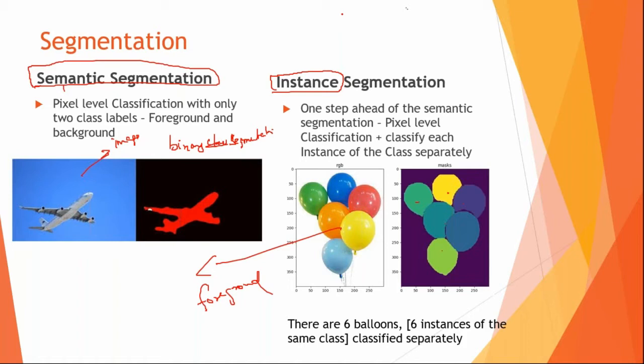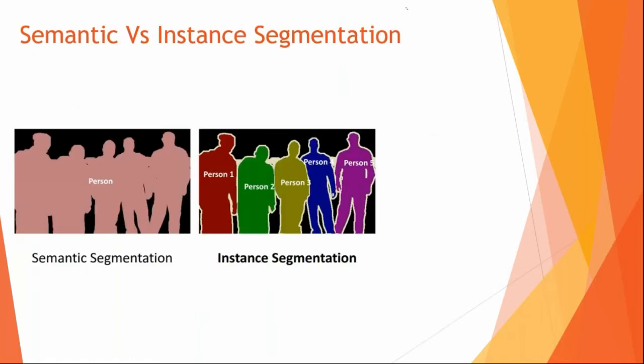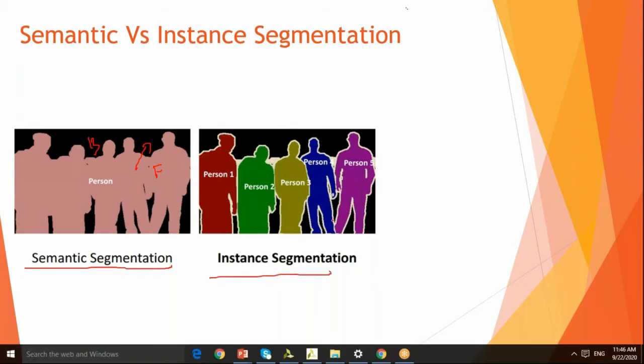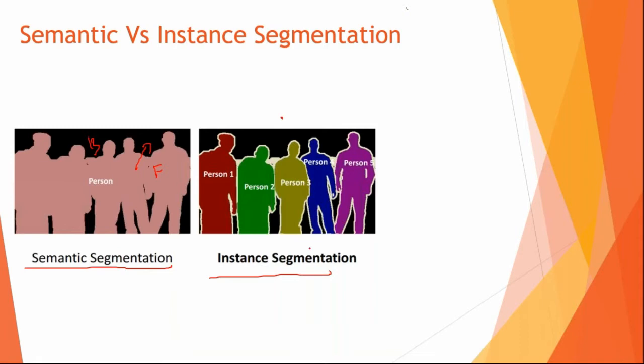So now we go to the next step. If you want to look into how the semantic segmentation and the instance segmentation look, it's this. Here you have the person and the background. This is foreground and this is background. This is called semantic segmentation. Then you have the foreground with different instances of the person as well as the background, and this is called instance segmentation. Normally in medical images we just use these 2 things, but in real world images you also have this one.